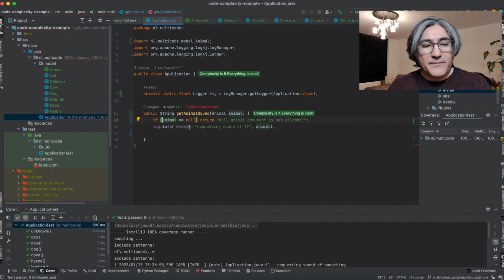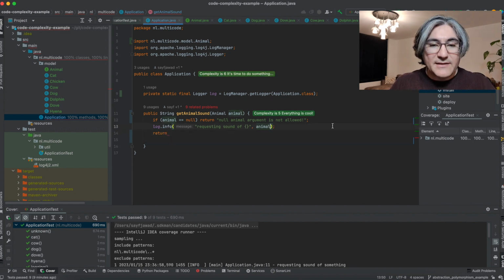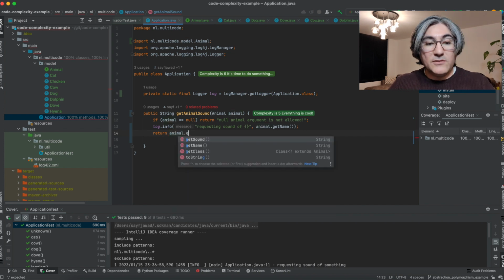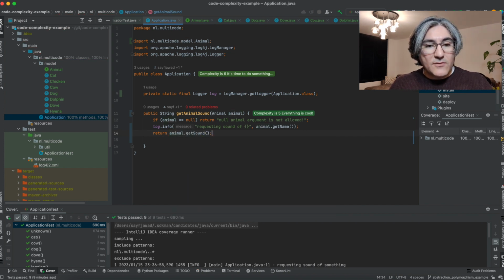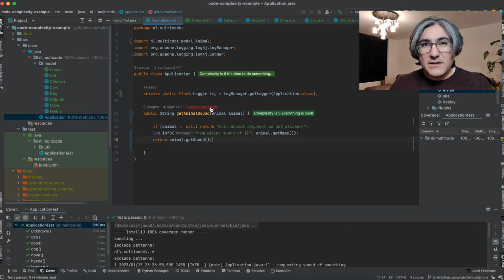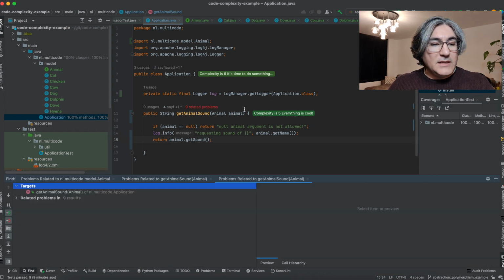I don't think that we need the safety before everything else. So we are doing the save operation, and then we have created all the classes. Let me think. The only thing we need to do is return. We need to do a few more things actually, because the name, animal get name, that's what we need here. And we need to return the animal dot get sound. I think we are almost done. We just need to fix the tests. So the tests we had,